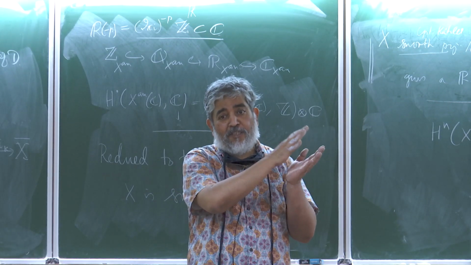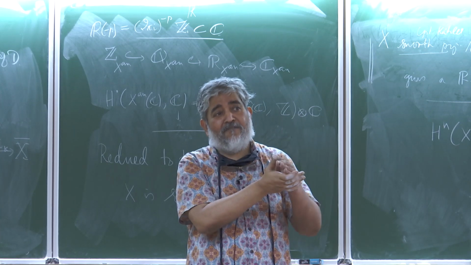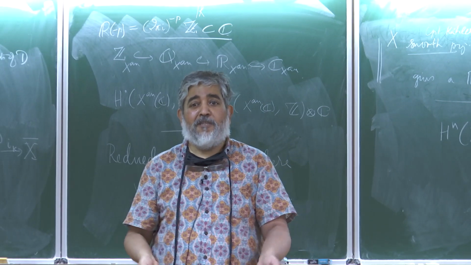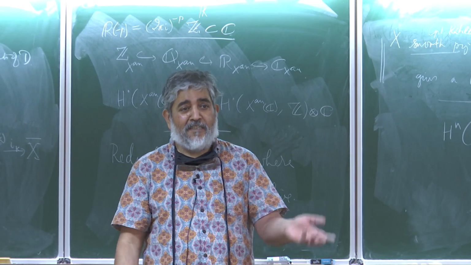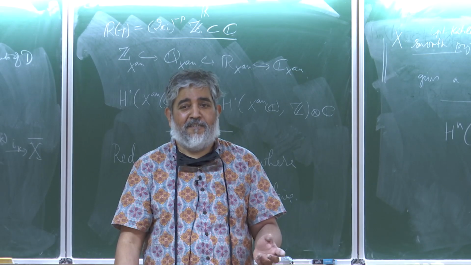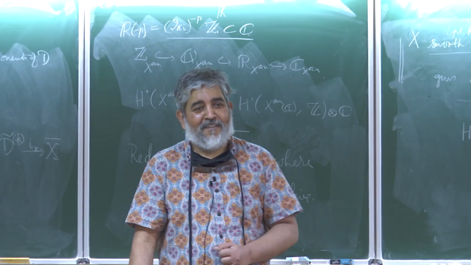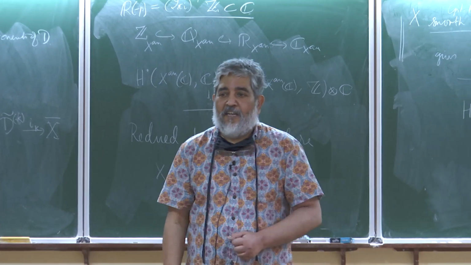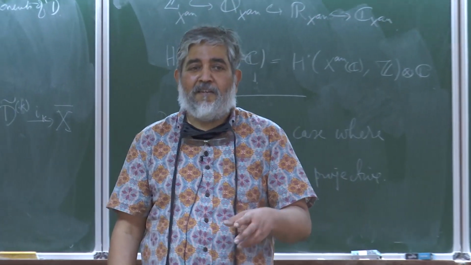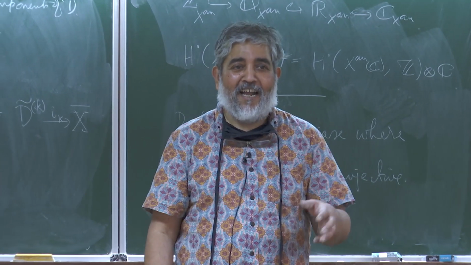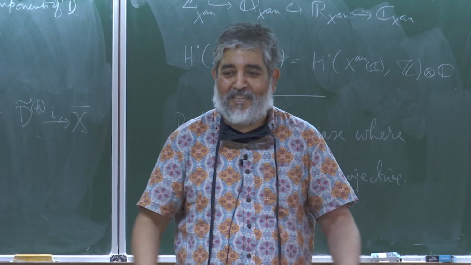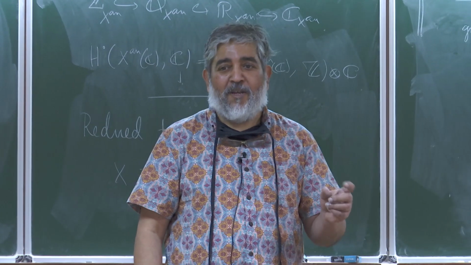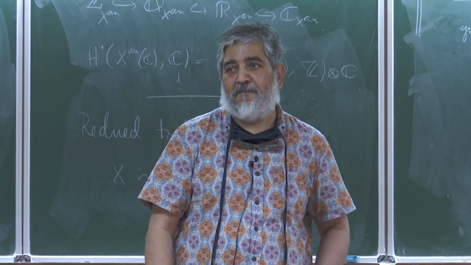So that means the associated graded of the weight filtration we started with is a pure Hodge structure, but that is essentially the definition of what it means to have a mixed Hodge structure: that there's a weight filtration such that the associated graded is pure Hodge structure. I hope that answers your question. The only ambiguity could have been, is it defined over R? And that is what we have been discussing for the last 10 or 15 minutes, how do you tweak things so that everything is defined over R.